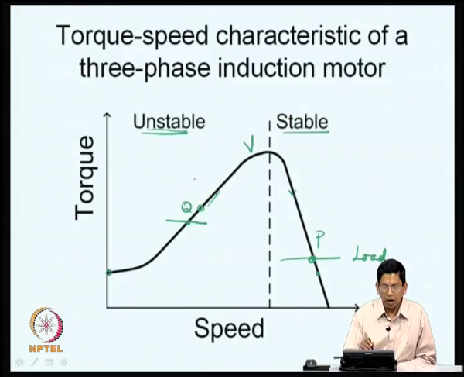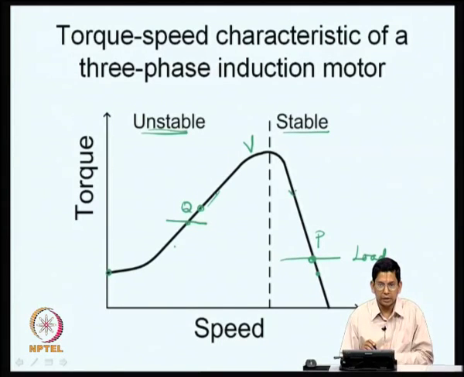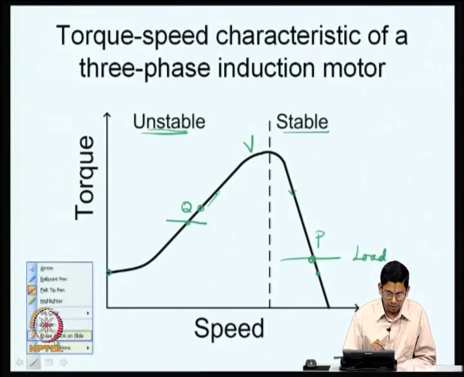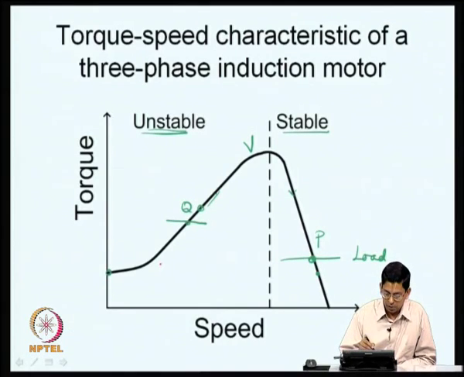Now, there could be a question, can I operate it in the unstable region? Is it possible at all to operate it in the unstable region? Yes, you can operate it. For example, let us say you have a load torque characteristic like this. You observe the relative slopes. What do I mean by relative slope? At this point Q, the torque speed characteristic of the motor has a particular slope, and the green line indicates a particular slope of the load, and the red line indicates yet another slope of the load torque speed characteristic. If the load were having a torque speed characteristic as indicated by the red ink rather than as indicated by the green ink, the situation is different now.